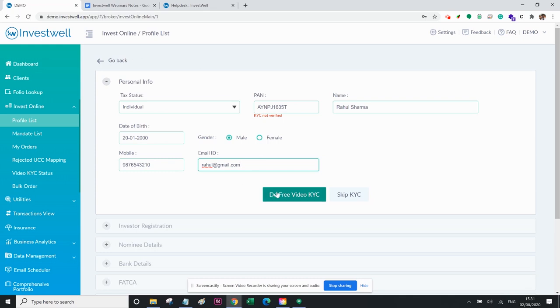This facility of doing video KYC is available only in the advisor portal as of now. So you have to do this for your prospect or for your client and then give them the video KYC link. So once I click on do video KYC,